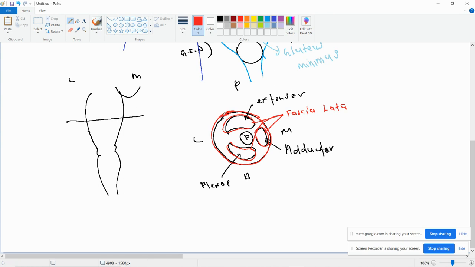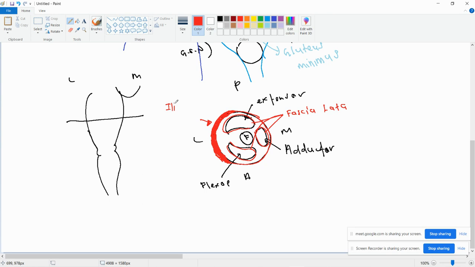Okay, it becomes thickened on the lateral surface of the thigh. I repeat, class: fascia lata basically covers your muscle into compartments. That's number one. Number two, on the lateral surface of the thigh, this fascia lata becomes thickened. So this thickening of the fascia lata, this you need to remember,